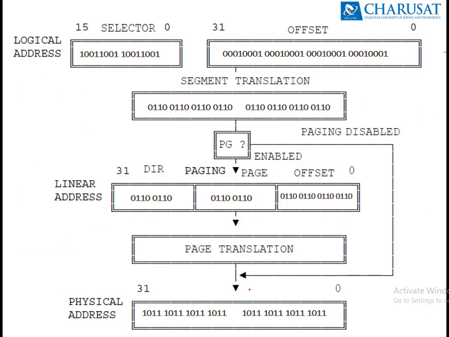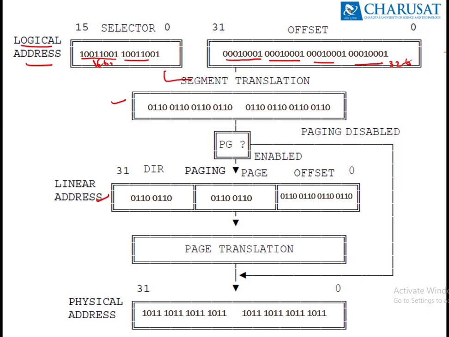Let's look at all this mapping from an example, or binary pattern, point of view. I kept different binary patterns at different levels, but these two are the same, so the binary patterns will be the same. This is the logical address, which is 48 bits. The binary pattern will have 101, 1001, 1001. This is 8 bit. Same patterns I kept over here. For the offset, I kept the 0001, 0001 bit pattern. So these are 32 bits, 4 bytes, and these are 2 bytes, meaning 16 bits.